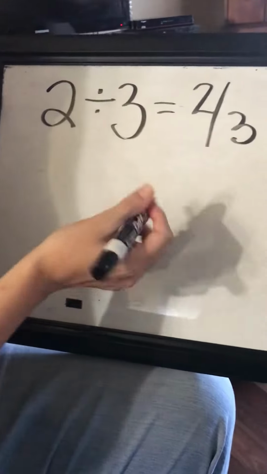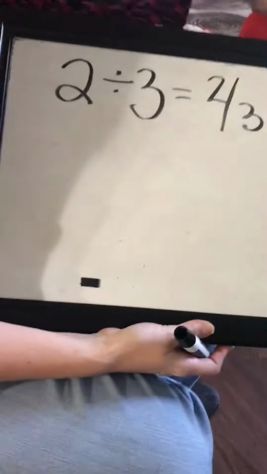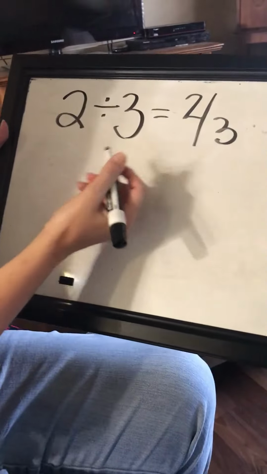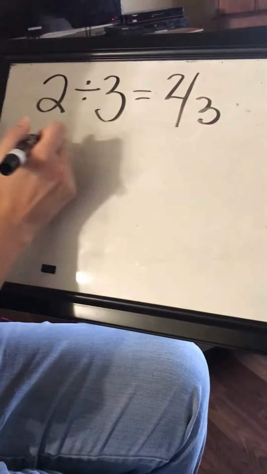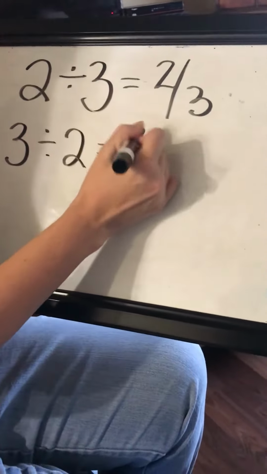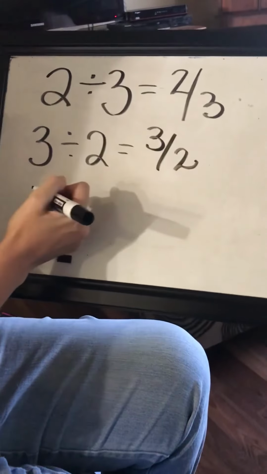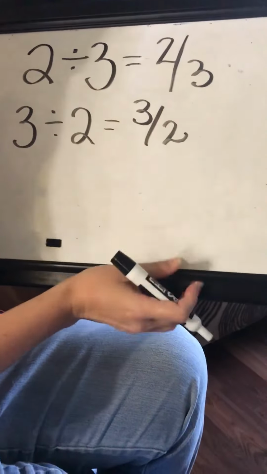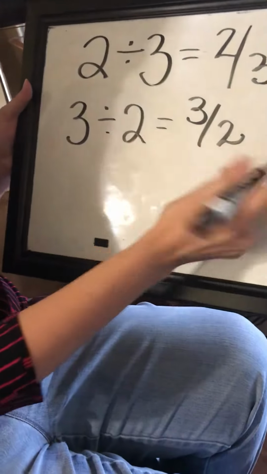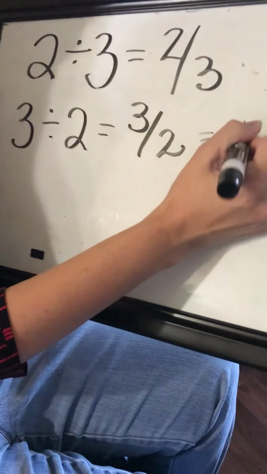We know that since we only have 2 quarts, there's no way they could get a full quart. So if we look at the way that Aubrey said they're getting 3 halves, we've got 3 divided by 2, and that would give us 3 halves. But we know that this answer doesn't make sense whenever we only have 2 quarts, because we know 3 halves would be the same thing as 1 1/2.